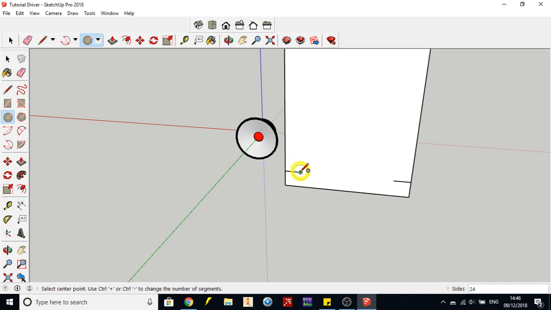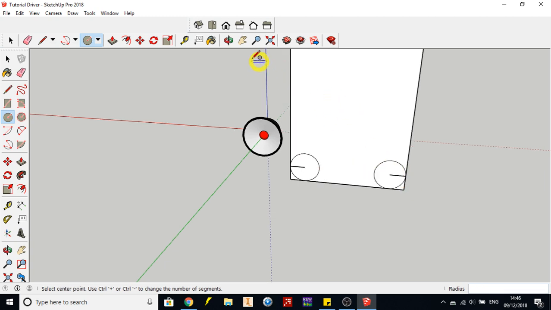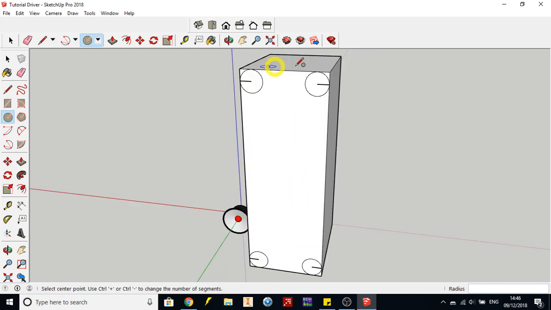Circle on both of these, starting at the end, carefully making sure I've got that green dot, and then again on the end, and there we go. If I go to zoom extents, this button here makes everything fit in the screen. I should have 4 circles all right at the edge of the box. Lovely. So I'm going to select the line tool,